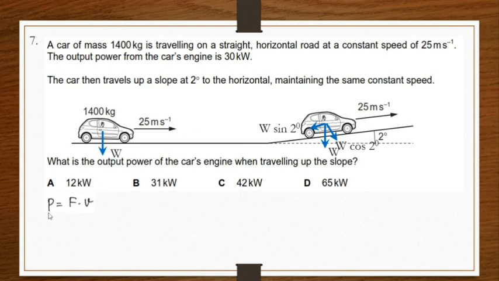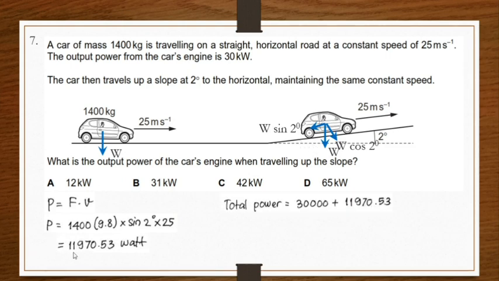We know this equation, P equals F times V. So the F is 1,400 multiplied by 9.8, that's the weight, multiplied by the sine of 2 degrees, multiplied by V, 25 meters per second. It is equal to 11,970.53 watts,